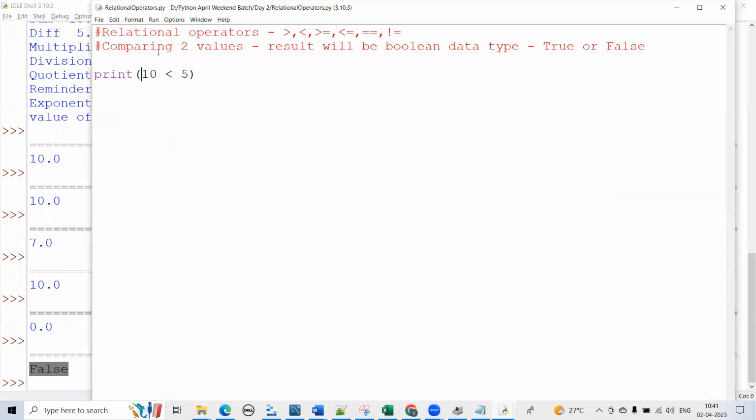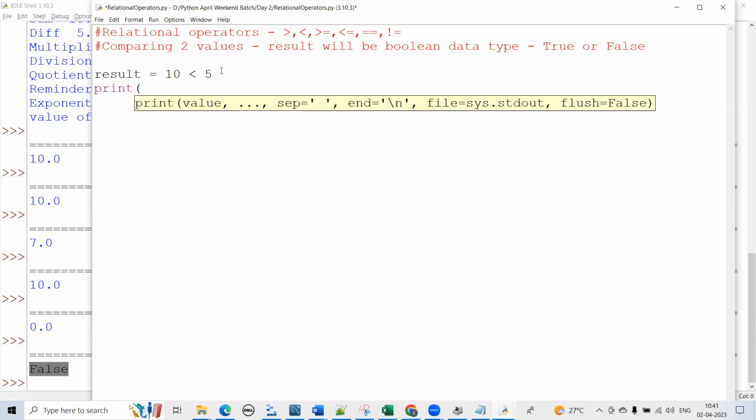We can store this result also in a variable. And we print: the result is result, and data type of result is